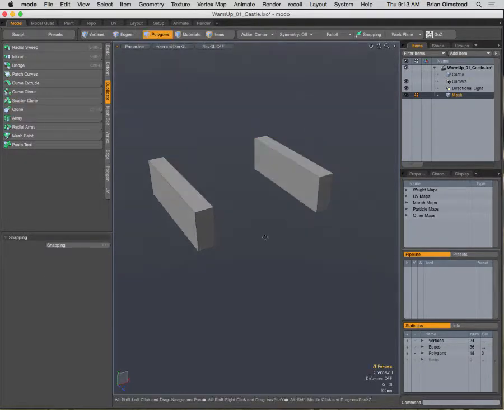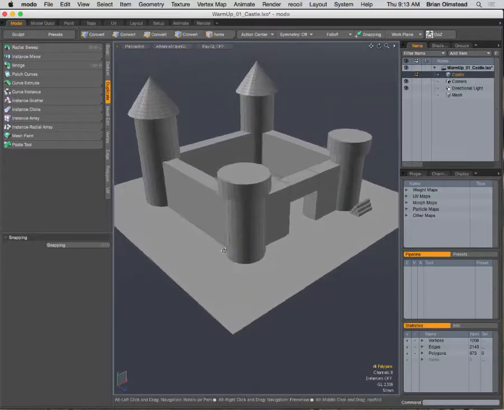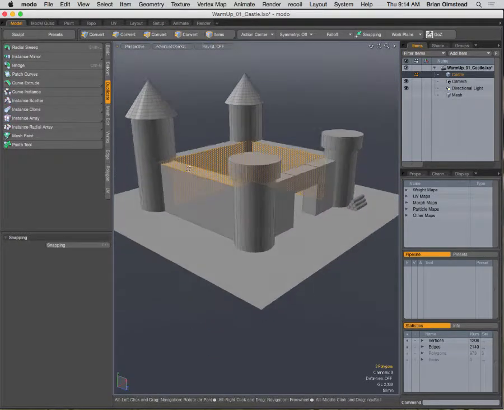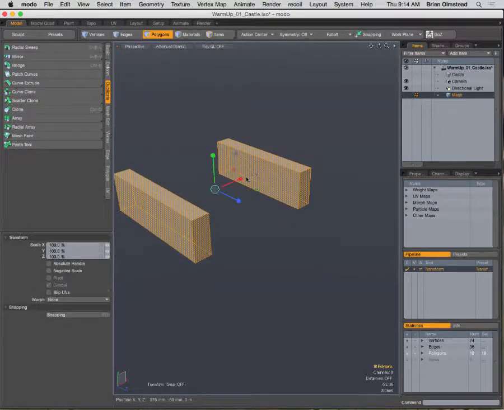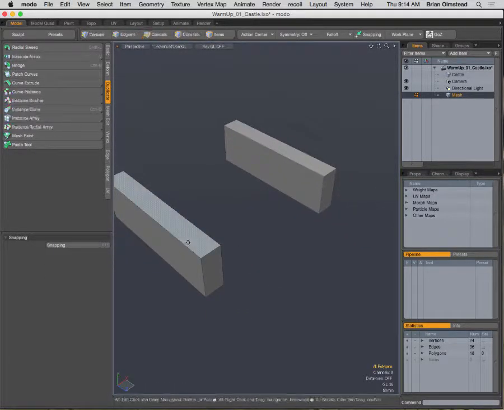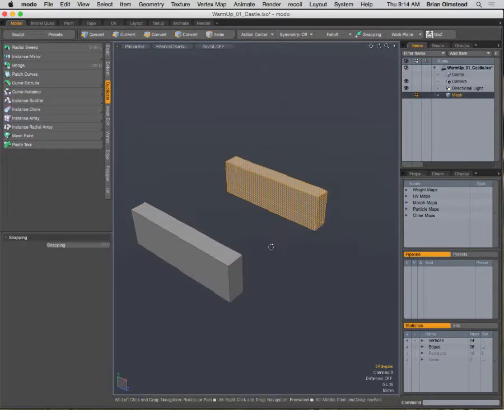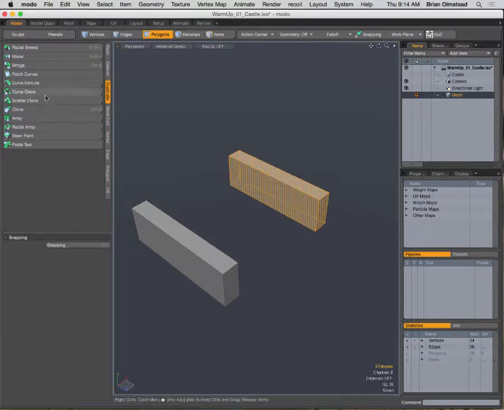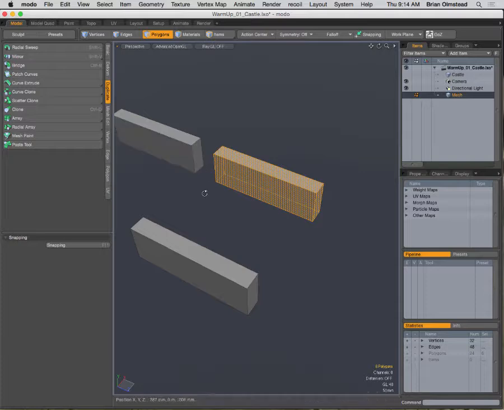So we have the 2 walls going. Just so you can see again, this is what we're going to be making. So it's going to need 3 walls, a couple of cylinders with the cones on top. Go ahead and scale this down so it's a little bit closer in size. And again, I'll clone this again for the back. So activate the tool, right click, the widget comes up, move it, spacebar to drop,